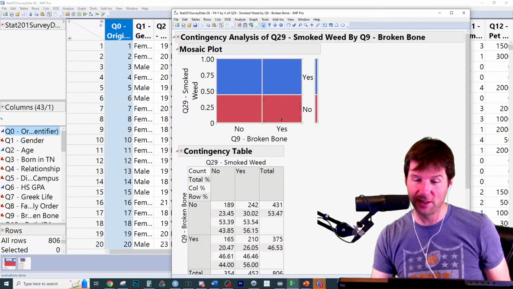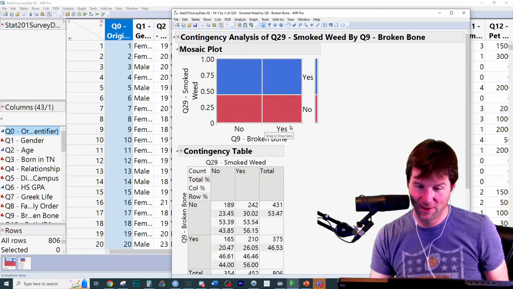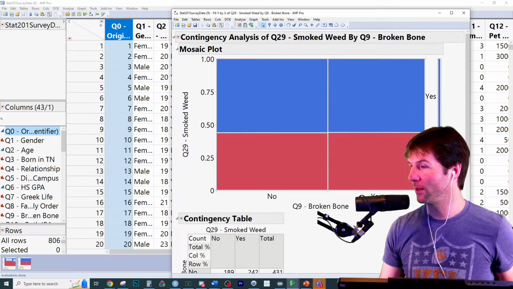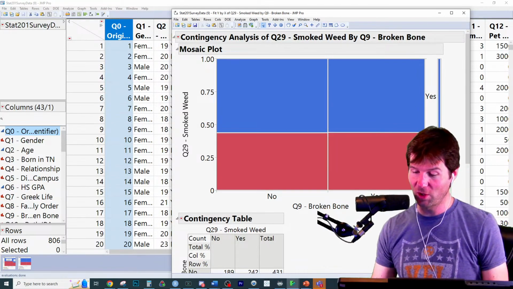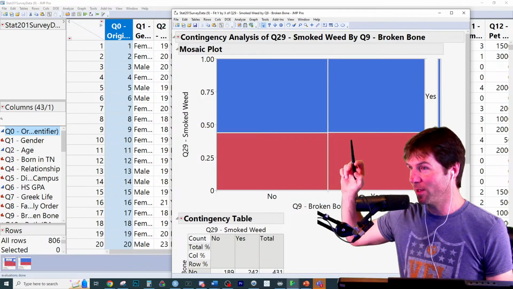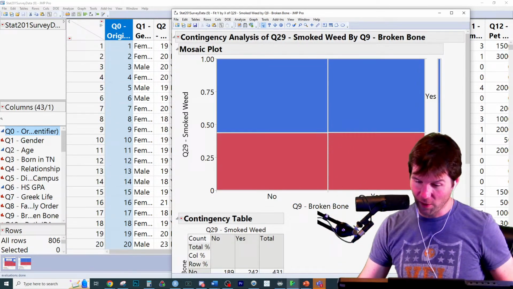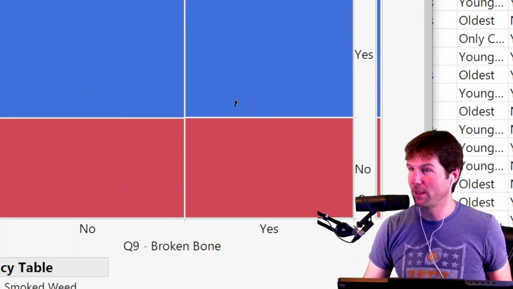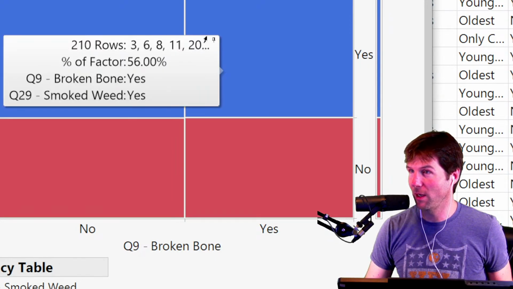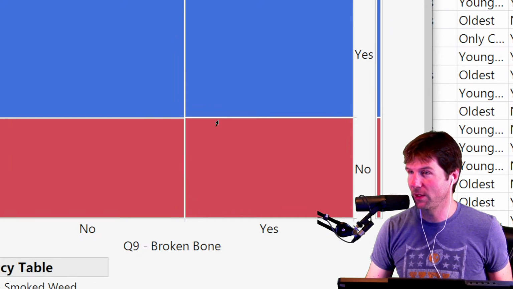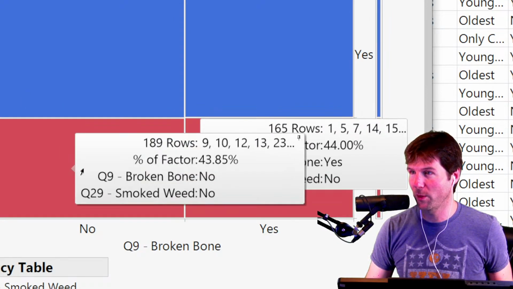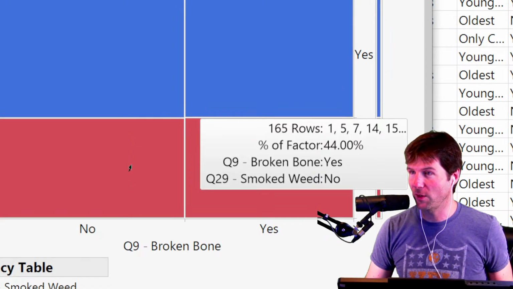Yes! I love it! Jesse, wow, look at this. I picked good variables. We could have done great. I don't know if you saw it, but look at that difference, which is very hard to see. There is a difference, I believe. That difference looks super duper what? That difference between these 56% up here, and at the bottom, 44%. This 44% right here and this 43.85, wow. That difference is very, very what?